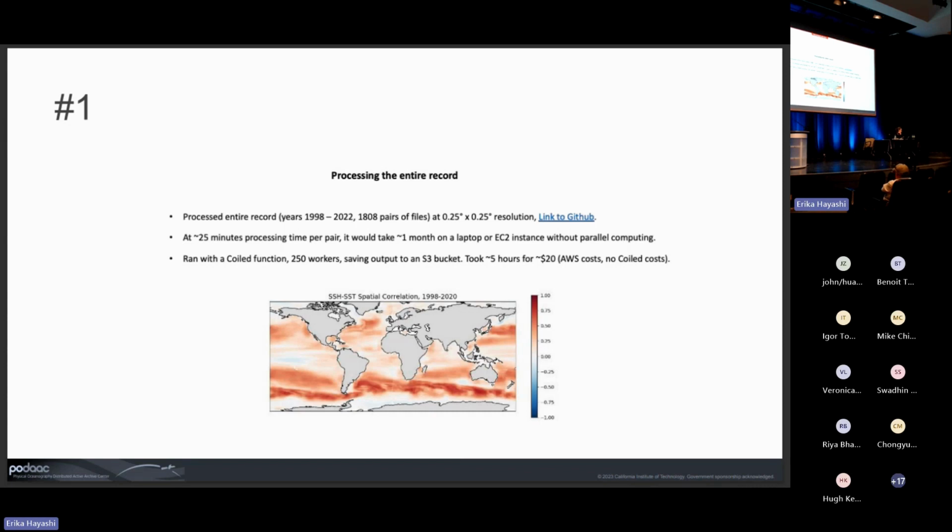So about a month if you were to run this locally on your laptop or an EC2 instance, if you didn't do any parallelization. That's a significant amount of time just to run this very straightforward correlation analysis. But if you parallelize it and run it with Coiled, and it sets up 250 workers, it can take this same calculation down to 5 hours, and it's going to cost you $20 in AWS cost,